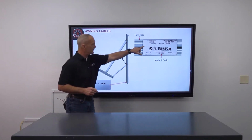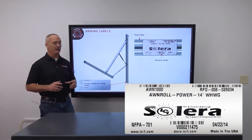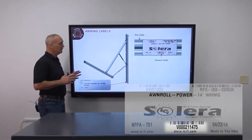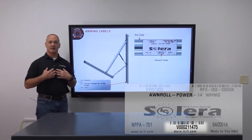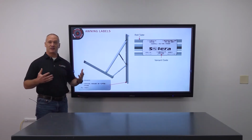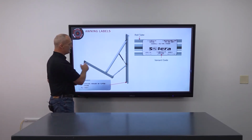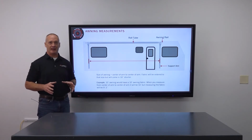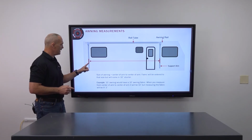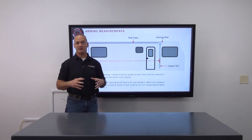Now over here on the awning roll tube, there will be an awning label on there, and we're going to need that variant code when you guys call in. So bringing that variant code, that gives us the information specific to that awning, like awning size, fabric size, that type of thing. But if for whatever reason that awning label is gone and you can't find it, what you're going to do is measure from the center line of your left support arm all the way to the center line of your right support arm, and that information is going to give us the information